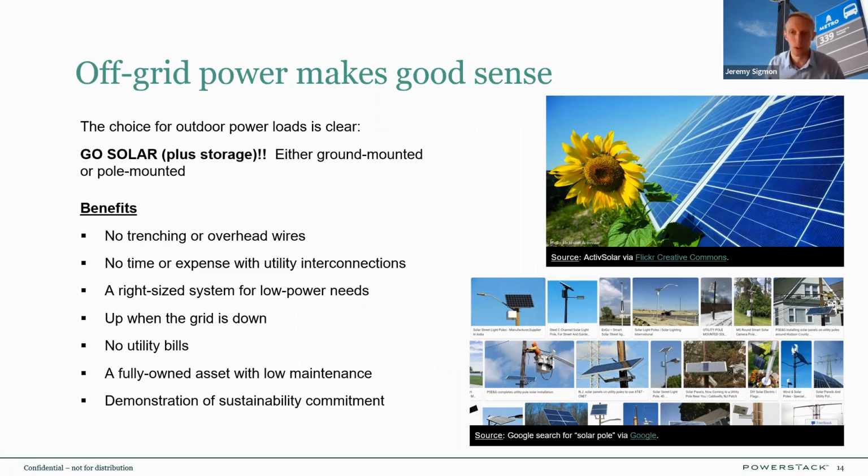And there's a continual, thankfully, a continual march towards ESG and sustainability commitments, not only of cities and states, but business and individuals as well. So it seems to make a whole lot of sense to go solar. The ways that we have typically gone solar, even since basically the 80s, have often looked like you see on